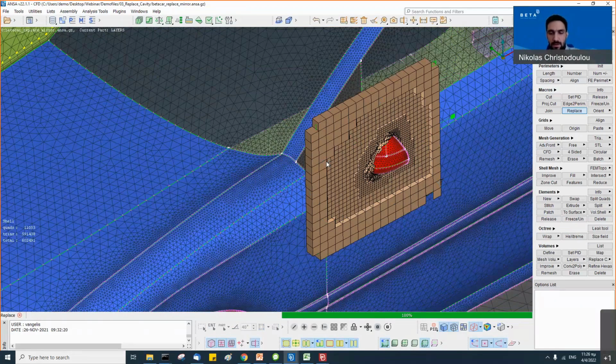But for hexas in the past, ANSA would require to create a tetra buffer zone in order to connect the new hexas with the old ones. But now it's possible to do it from the start with hexa and properly connect it with the rest of the domain.